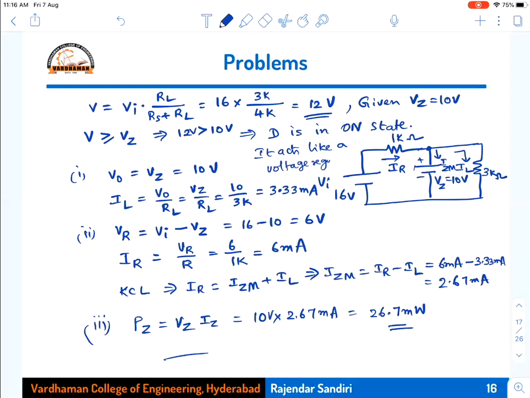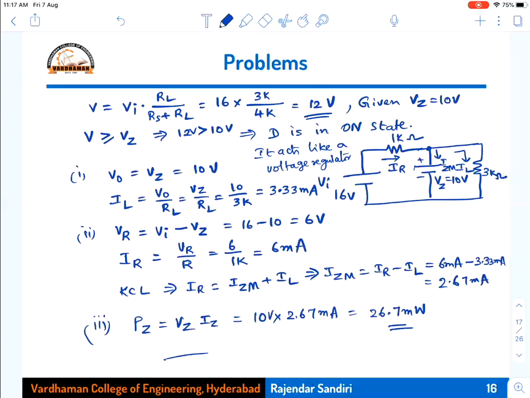Okay. If the diode is in the off state, it is not operated in its operating region. The operating region of the Zener diode is when breakdown occurs only. Otherwise, for any voltage less than the breakdown voltage, like in this case 8.72 volts, you got it right, 8.72 volts.